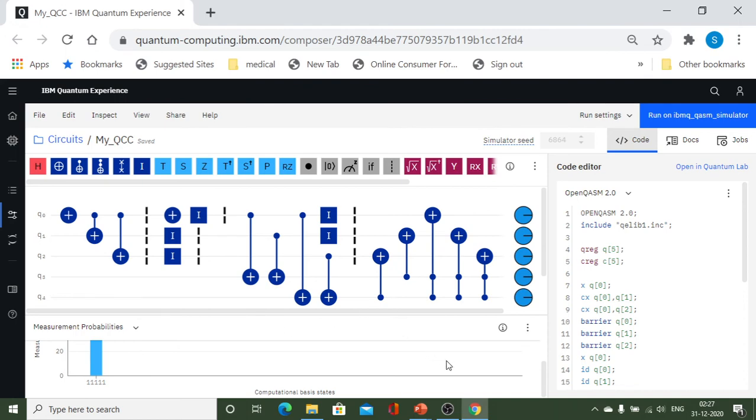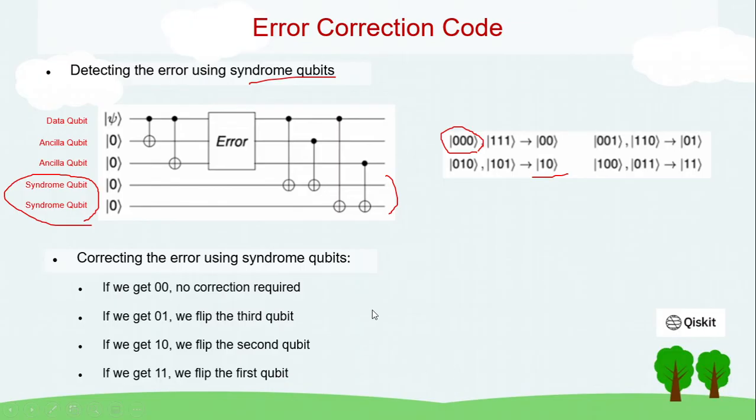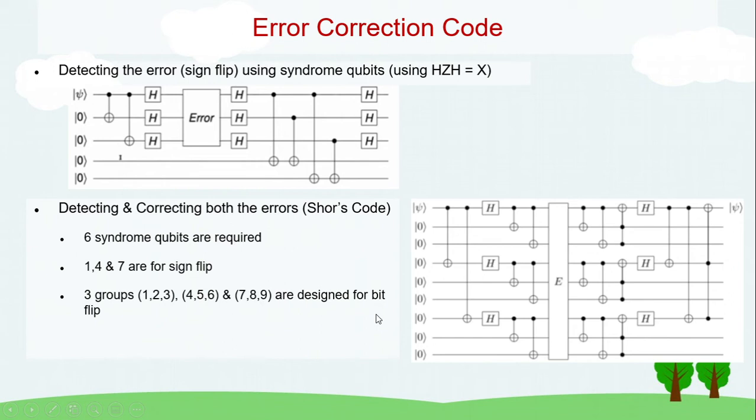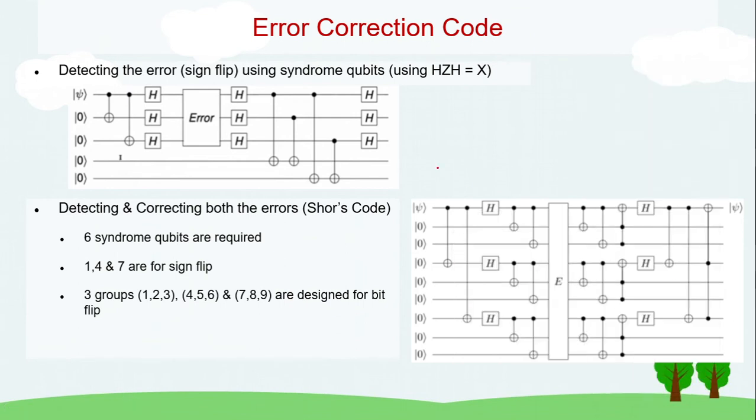We'll go back to our slides. So we saw that whenever there is a flip happening from 0 to 1, we are able to detect and correct. Suppose a sign change happens, so what do we do? So that also we can do, and one interesting thing is, okay, let me use the pen. This is an important